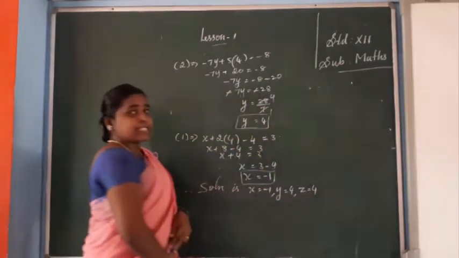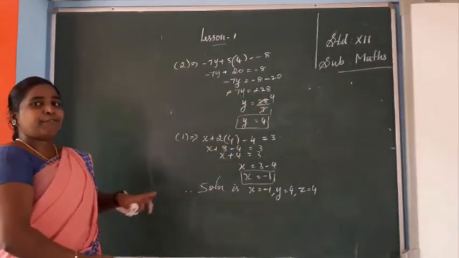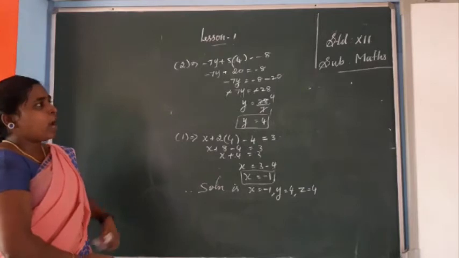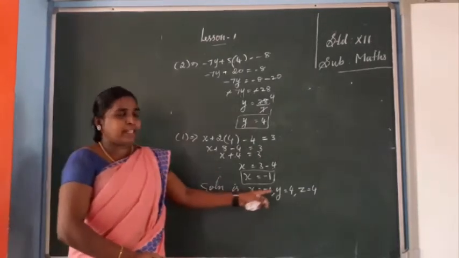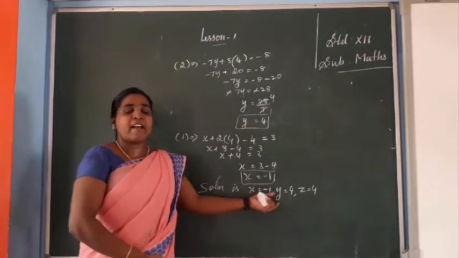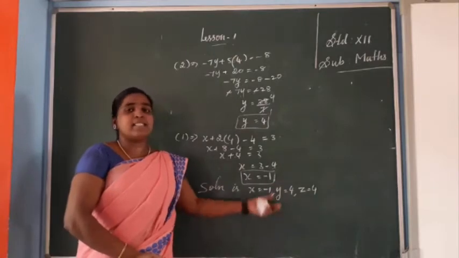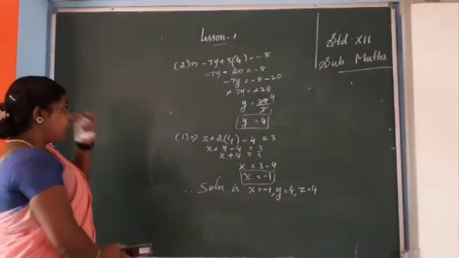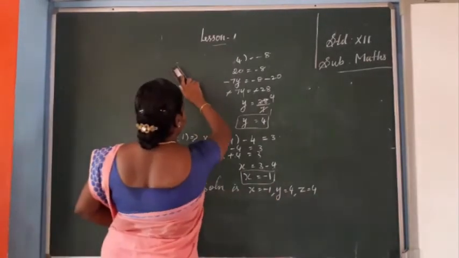So this is the first type. Okay, rank of A, rank of A bar B equal to number of unknowns, we get a unique solution. This is a unique solution. X separate value, y separate value. This is a unique solution. Okay. The next one we can see in the next method.